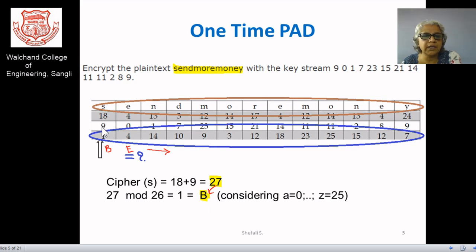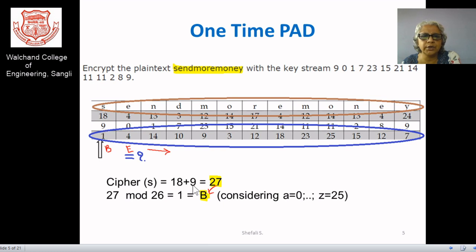Now when I say addition, the addition itself is again one of the cryptographic functions. Rather than addition, you can use any other function, and that's why revealing the key, and even the plaintext from the cipher, may not be possible, because the opponent hardly knows the function you are using. So 18 plus 9, how much is it?